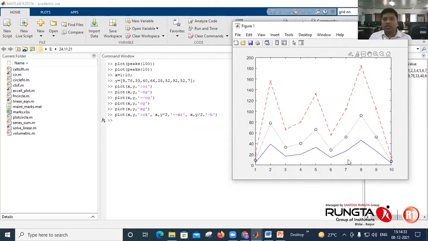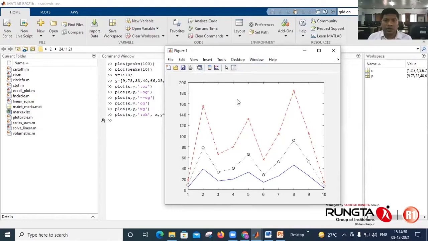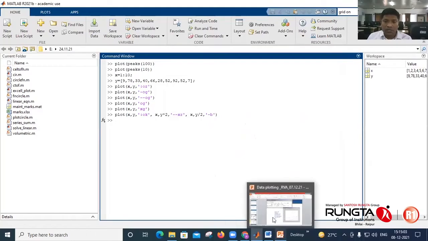So it's a solid line. There is no mark style I have specified for third. So there are no markings on the points, and blue color is specified. So that's why it is a blue color line. So this is how you can draw multiple lines of different styles. You can draw multiple mark styles, different colors can be used here. Okay, closing it. Moving to next.